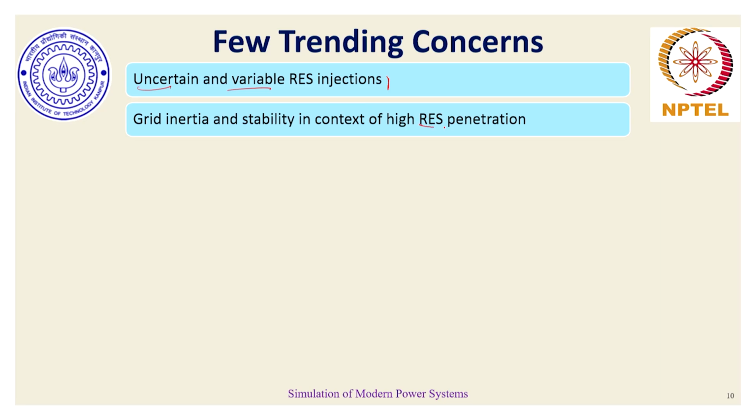Because of renewable energy integration, the overall grid stability has also been affected. We will talk about it in detail when we talk about the rotor angle stability analysis, when we define the grid inertia. Grid inertia is essentially a measure of the stored kinetic energy in the system divided by the overall generation capacity. So with integration of more renewable energy resources, the grid capacity has gone up, but majority of renewable